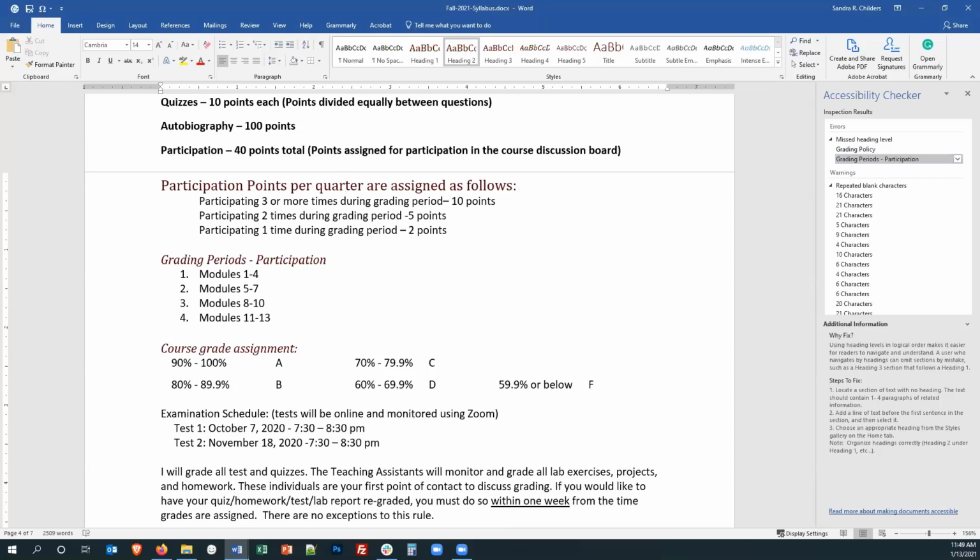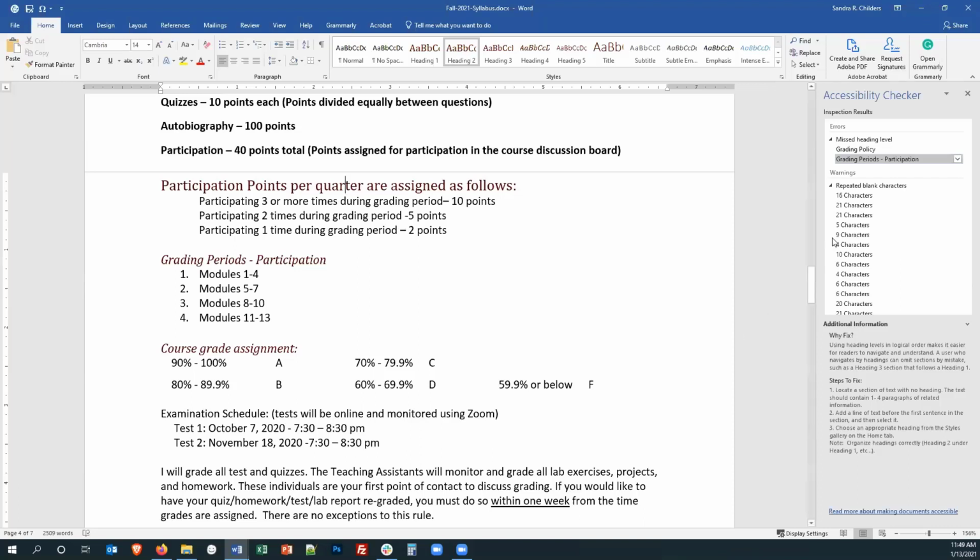Screen reader users can press H on their keyboard to scan the document, jumping from heading to heading. But if a heading level is skipped by the author, like a heading 2 to a heading 4, the screen reader may not understand the hierarchy because it's technically broken. So it may not tell students that the heading 4 even exists. So we want to make sure that we keep our heading hierarchy intact.